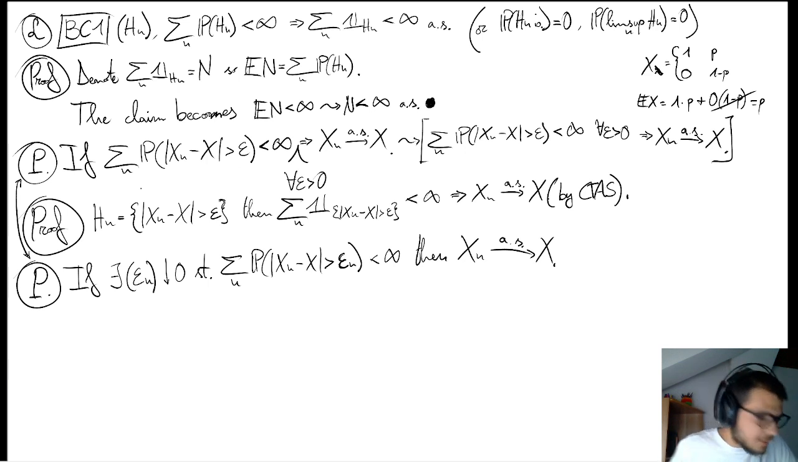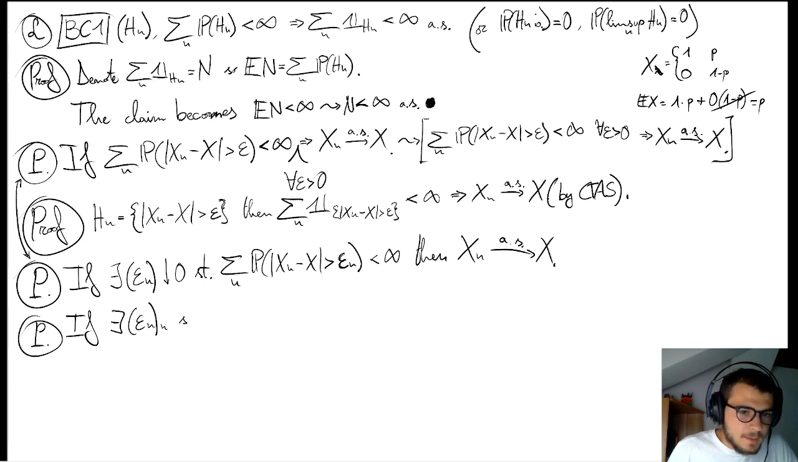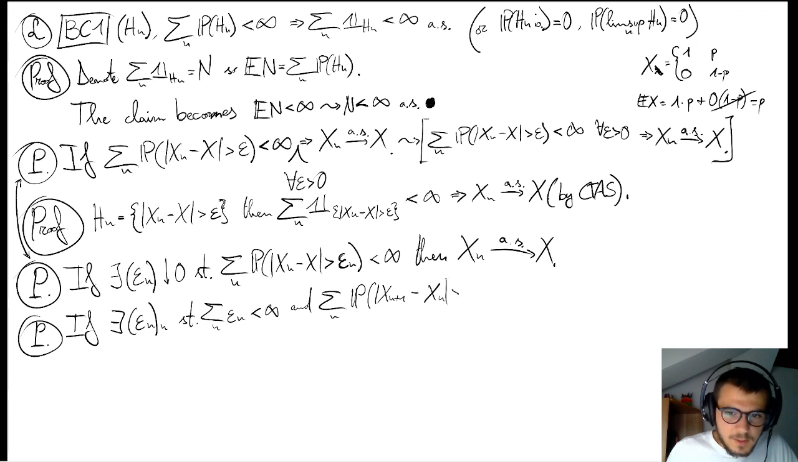And we have a further proposition. If there exists a sequence epsilon n such that the sum of the epsilon n's converges and the sum over n of the probability that the difference xn plus 1 minus xn is larger than epsilon n is finite,